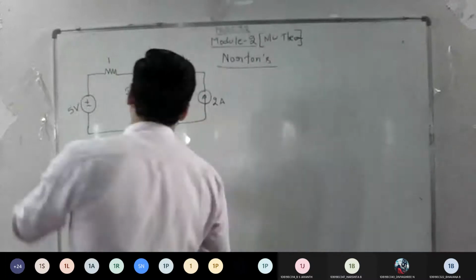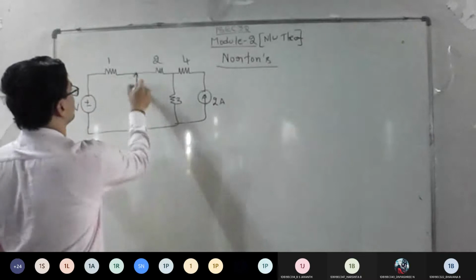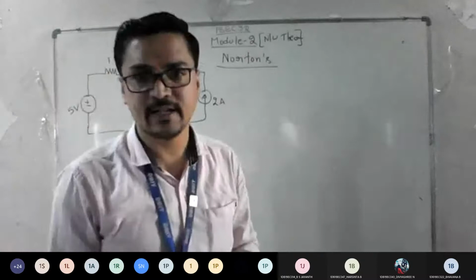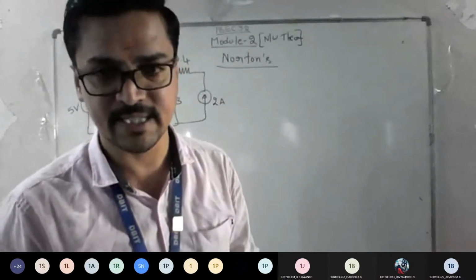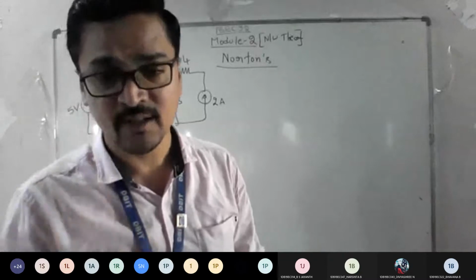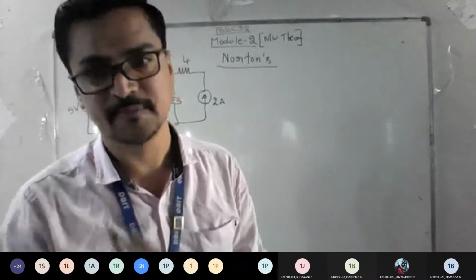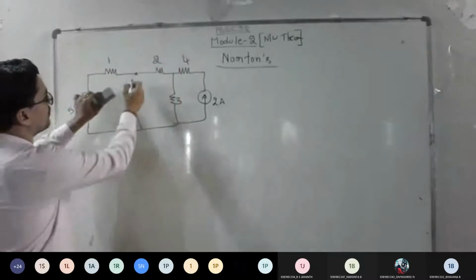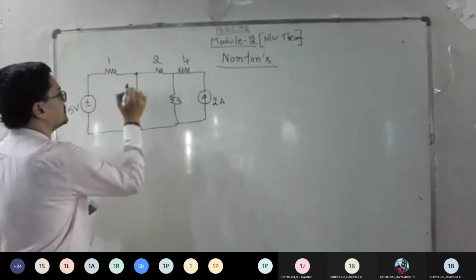So earlier what you used to do, listen carefully. I need to eliminate this load. I used to calculate my RTH and VTH in case of Thevenin's theorem. But in case of Norton, wherever load is there, you're supposed to short it and find the Norton current. I'll repeat, wherever load is there, you perform short circuit of that. Calculate what is your Norton current. You got the first step what I told?